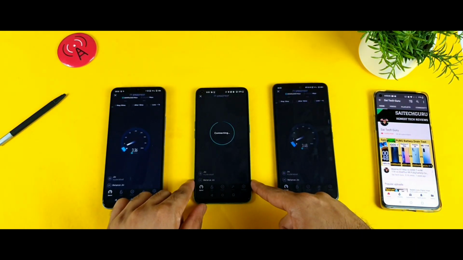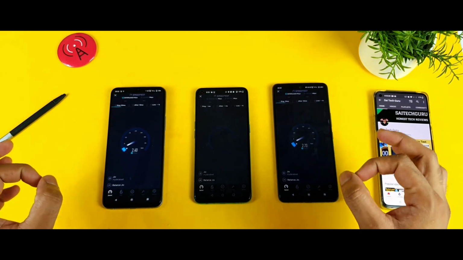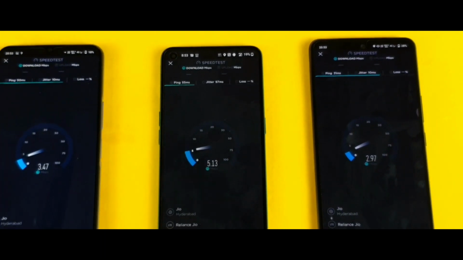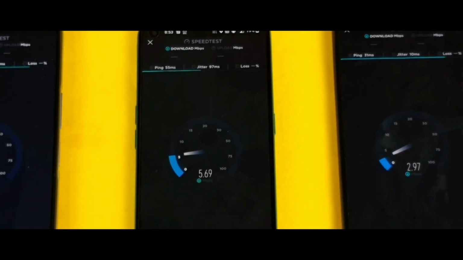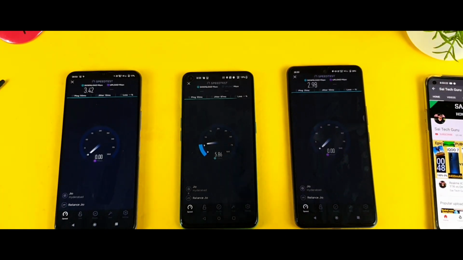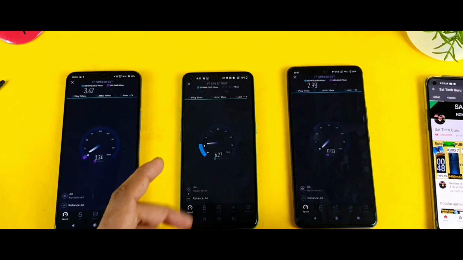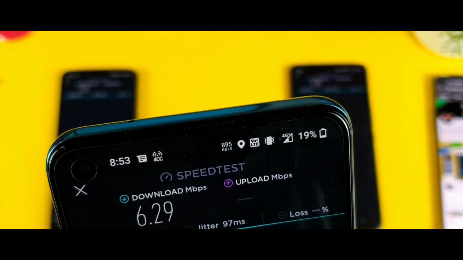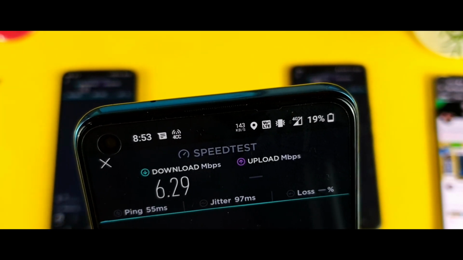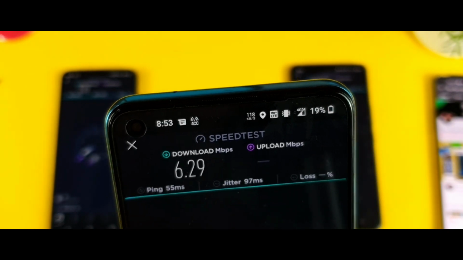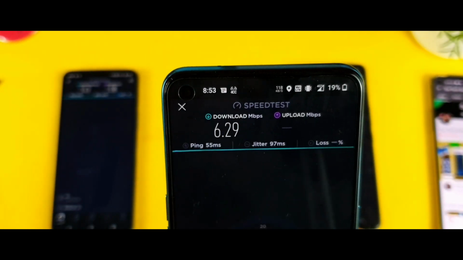So this should be the kind of speed. Let's see now which phone will have what kind of speed. This is a really interesting test, friends. So let's see. Right now, as you can see, the 4G Plus phone, which is the OnePlus Nord device, you can see the speeds are higher, close to 5 Mbps, and the other phones are kind of struggling. As you can see, the speeds are clearly slightly higher in the OnePlus Nord device because you're getting the 4G Plus aggregation as well, and 4CC, as you can see, friends, 4CC. So 4 bands you are getting. I think this is the only phone I have right now which actually supports 4 bands in this location, in the indoor condition, friends.